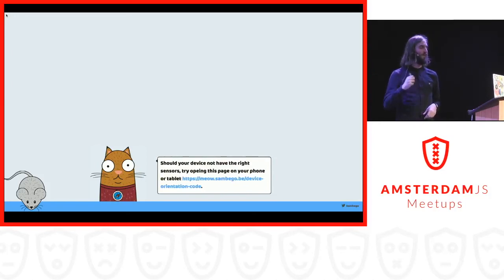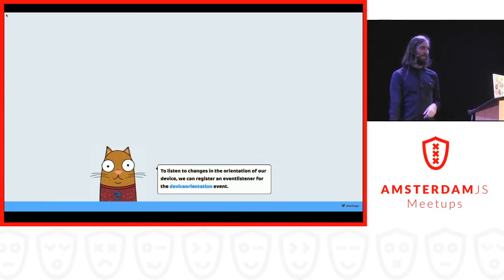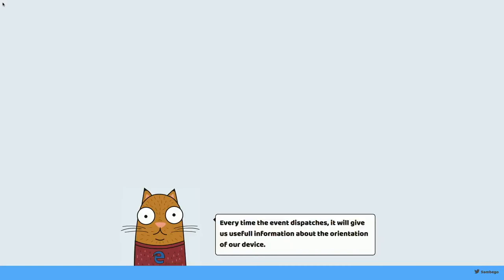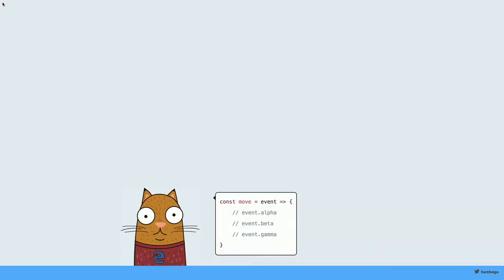And you can do this by just listening to a device orientation event, which is just you add an event listener to your window, listen for a device orientation event, and once this event fires, which is a lot if you have the right hardware in your computer or phone, you will get back some data like alpha, beta, and gamma, which I have absolutely no idea what they mean. But if you play along with it, you will see that they will change based on how you hold your